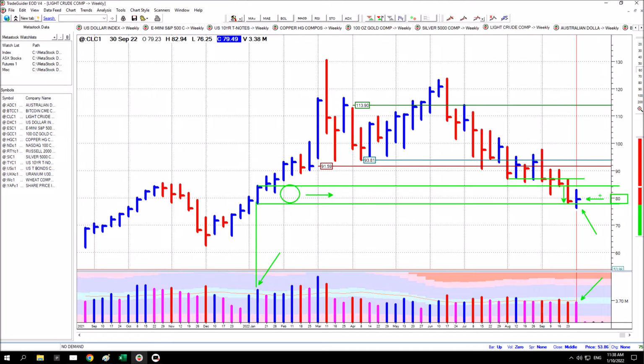It's closed in the middle, which is showing some indecision. It's not strong, but it's not weak. It's trying to hold on at that level. The stronger level remains below down here. Whether that's going to be required or not, we'll have to wait and see.